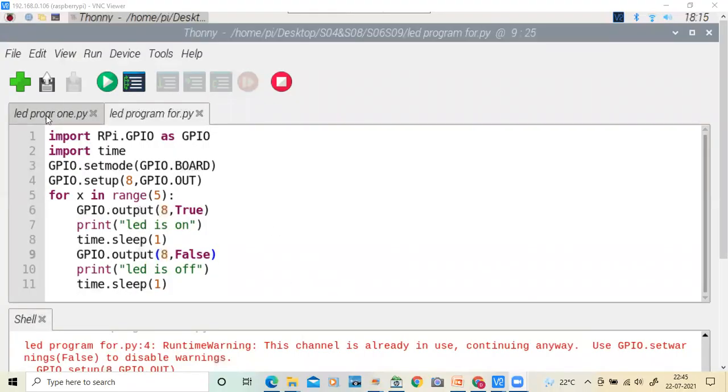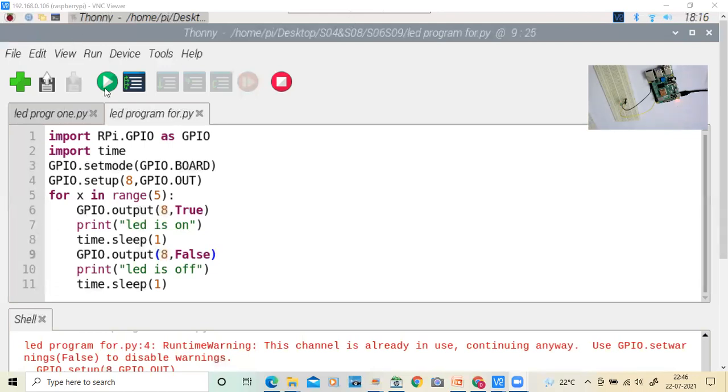First of all, run this program using the for loop. Now I am going to click on this button, and meanwhile you will see the output. You can observe the output here also.